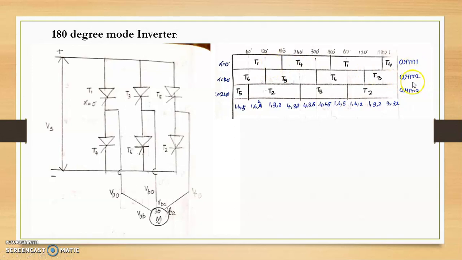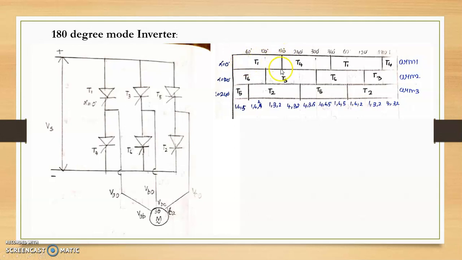And the third thing you have to know is that we have to find out the switching operation of each arm's switches. For example, consider arm 1, which is set at 0 degree phase. We already know that in three phase, the phases are separated by a 120 degree phase shift. So arm 1 has T1 and T4. T1 will be started at alpha 0 position. And we know that each switch must be turned on for 180 degree. Why? Because it is 180 degree mode. So the 180 degree conduction will happen for arm 1.